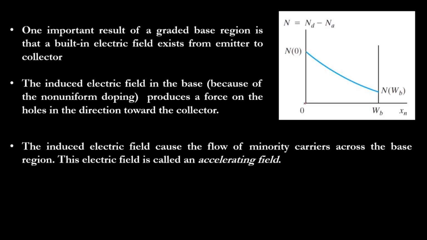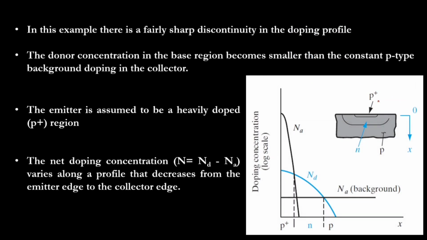What is emitter? This point is the emitter junction and this point is the collector junction. If you look at this diagram, you can make out P, N, P, and this is the emitter junction. Okay, this is the collector junction. Highly doped P, lightly doped N, and moderately doped P again here.